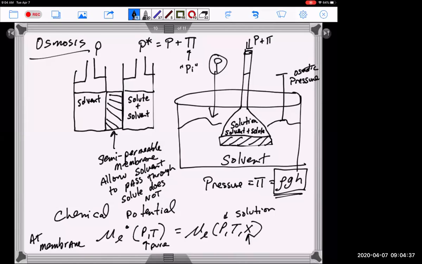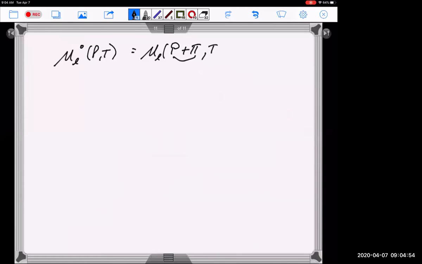This pressure is actually the star pressure, right? It's not P and the same P on the other side. It's actually a P star, but we know what P star is, so we're going to substitute. So this is P star, X, and then we can say that's going to be the same as P plus pi, T, plus